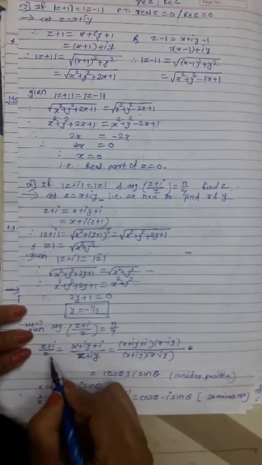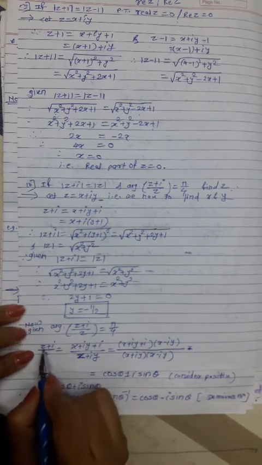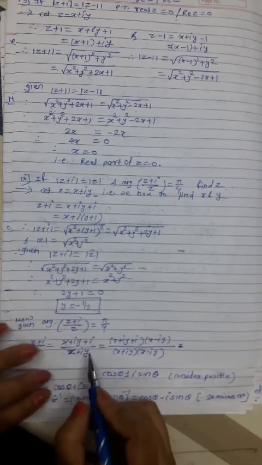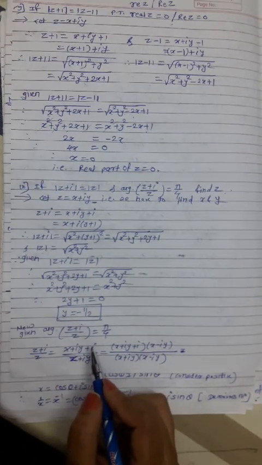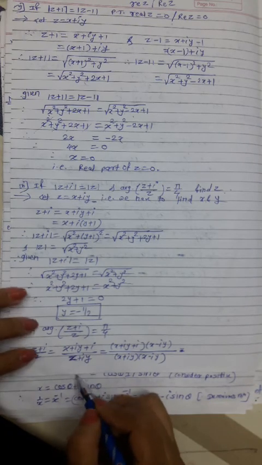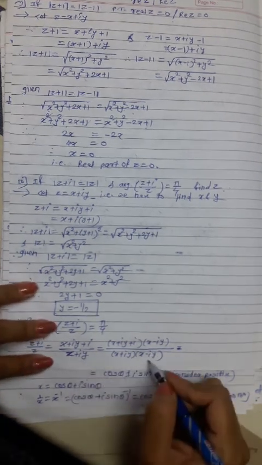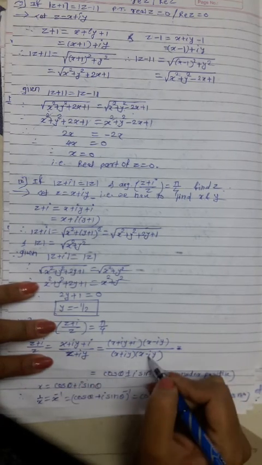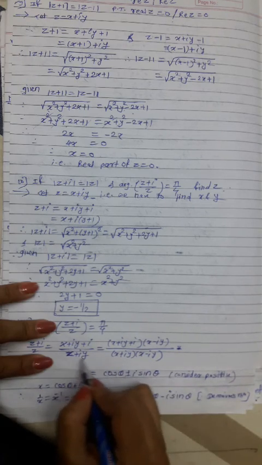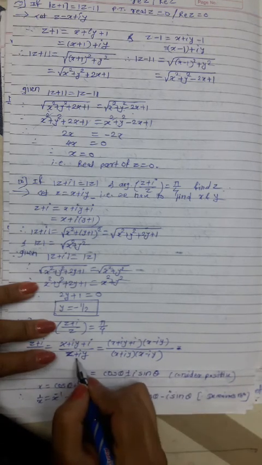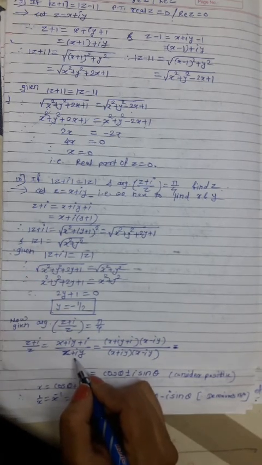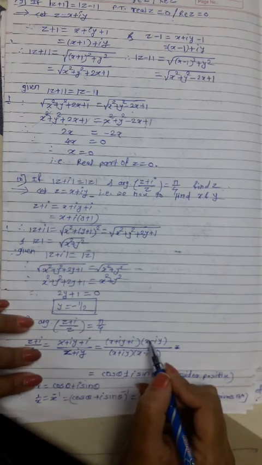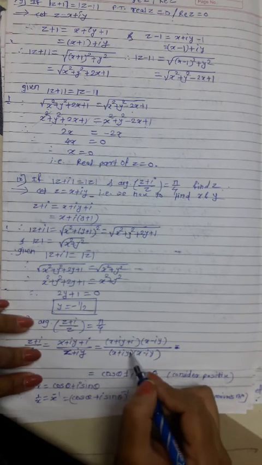Now consider this separately, (z plus i) upon z. Put the z value x plus iy, i as it is, divided by z, which is x plus iy. Again by earlier methods, if any complex number comes into the denominator, we multiply and divide by the complex conjugate of the denominator. Therefore the complex conjugate of this denominator is x minus iy, simply interchanging the sign, plus to minus or minus to plus. Multiply numerator and denominator by this number, we get this factor.